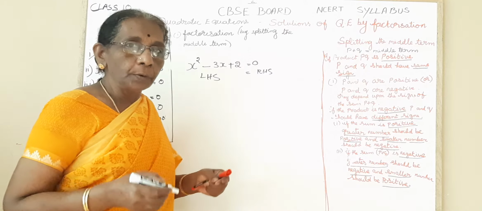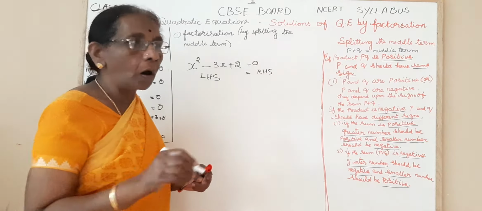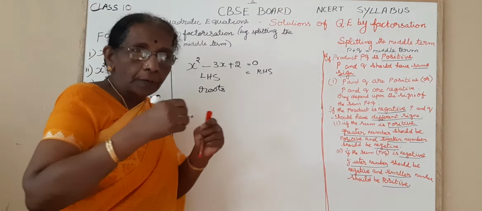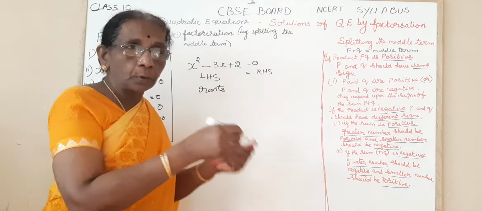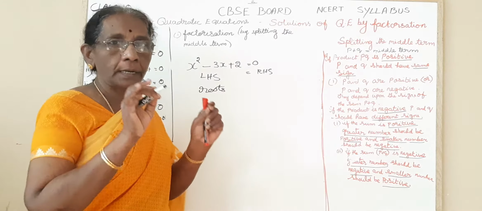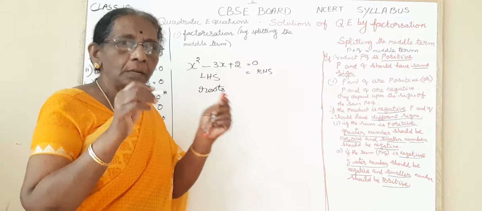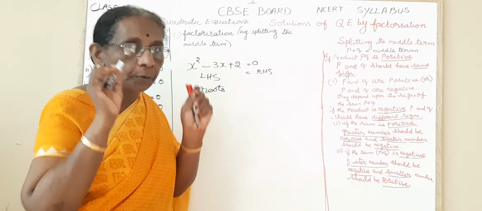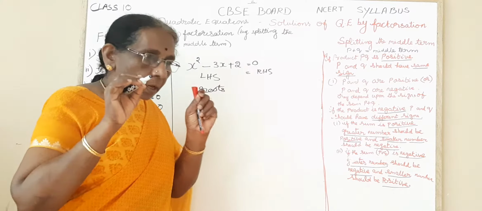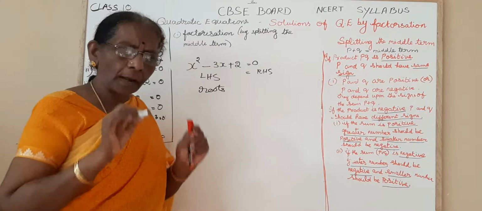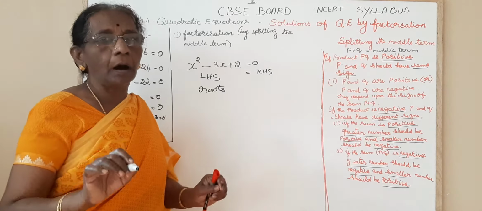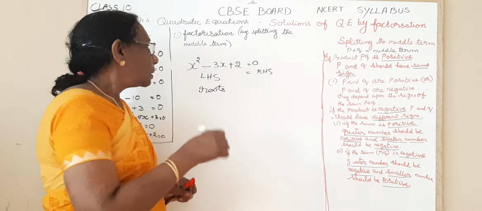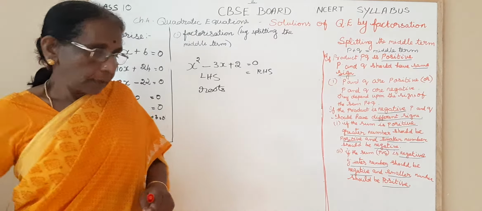Instead of that, we will be using solution of quadratic equation or roots of quadratic equation. Have you understood why we are using roots and solutions for quadratic equation, and zeros of quadratic polynomial? Whenever you are doing sums on polynomials, you should not use the word roots or solution. You would use only 0. Whenever you are doing sums on a quadratic equation, you have to write only roots of this equation or solutions of the equation. Have you understood clearly? Now you have understood what is a solution.